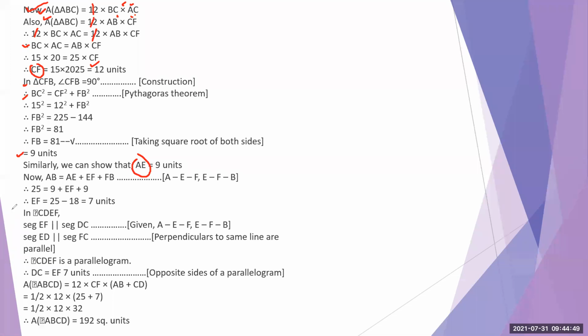और आपको इसी तरह से EF भी मिल गया, क्योंकि AB मतलब क्या है? इन तीनों की addition. So we get आपके पास AB की वैल्यू है, AE की वैल्यू है, FB की वैल्यू है. We are not having only the value of EF, so simply use that. We get the value of EF, and then we consider the given quadrilateral, that is a trapezium.